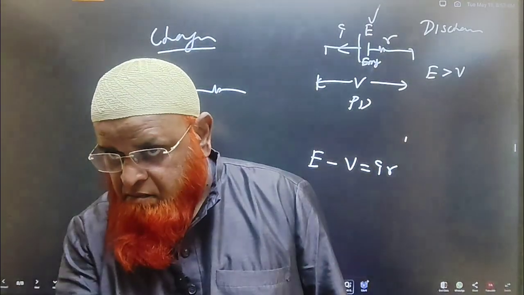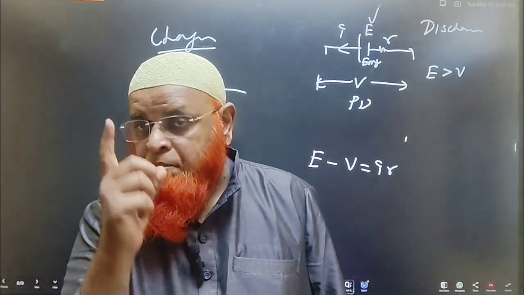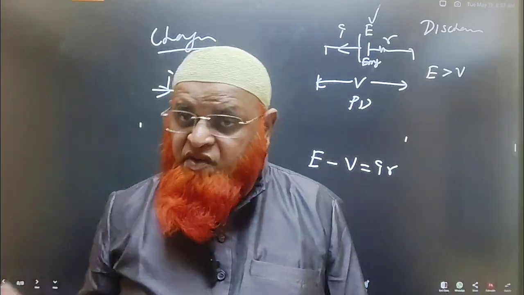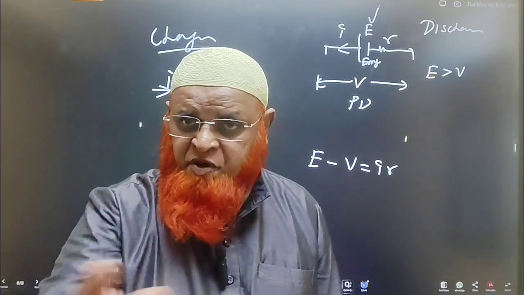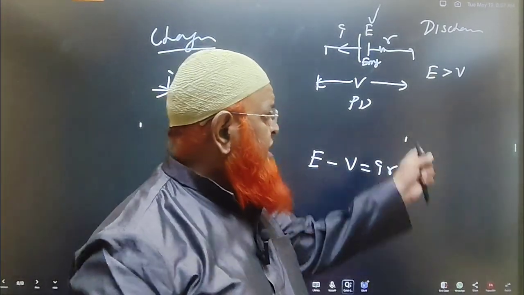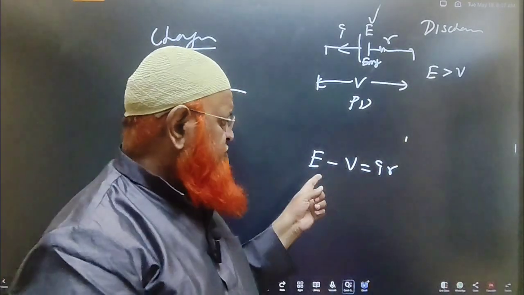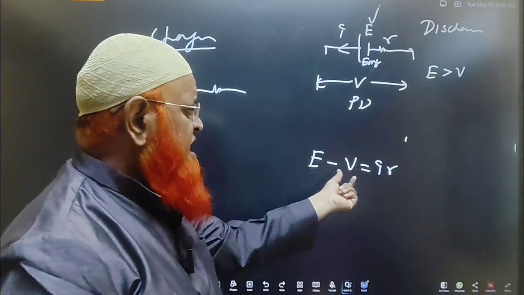Discharging means from the battery you are taking. Means battery is greater than you, or not? Battery is greater than the potential, or not? What are you giving to the battery? The battery is low and you are giving to it, which means the potential outside is greater. Therefore here E minus V is equal